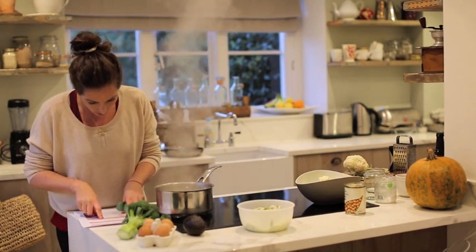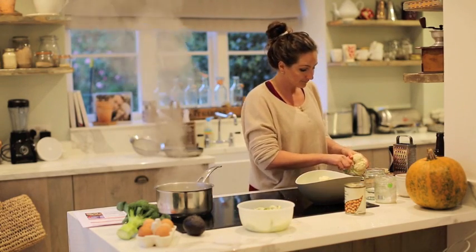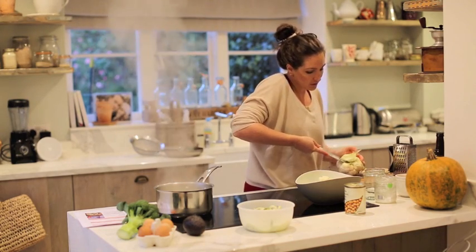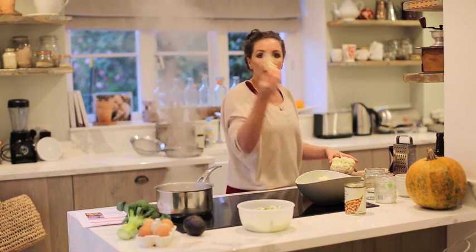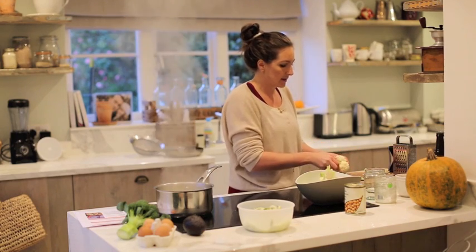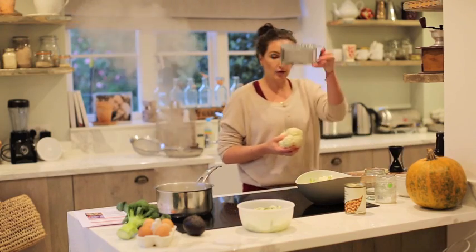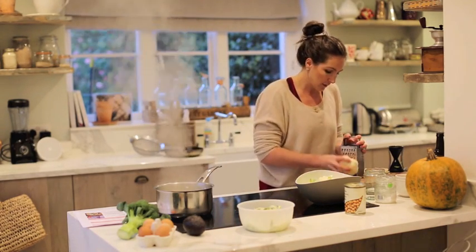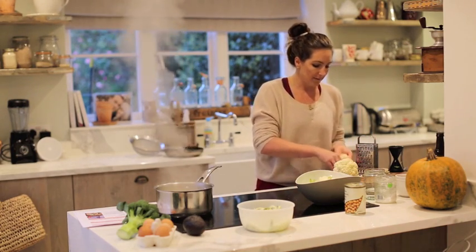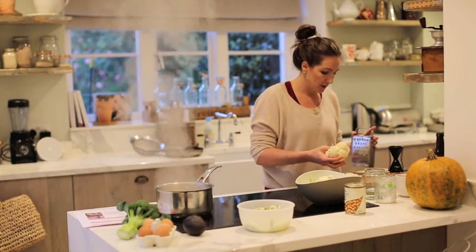And we are going to grate half of our cauliflower. This is for a salad. So what you want to do is pull out the bottom bit, like the core, just makes life easier. And all you're going to do, get a grater, grate away, and you'll see what happens is you just get little bits of cauliflower rice,